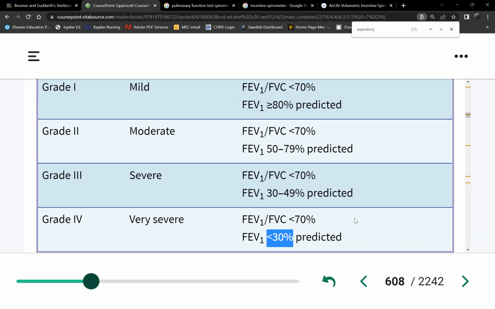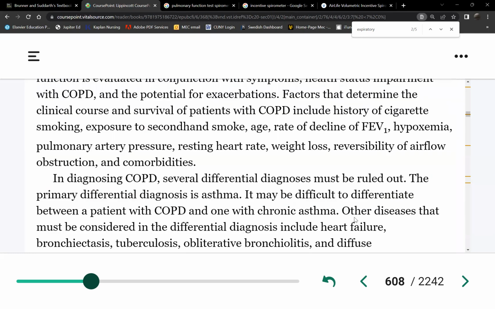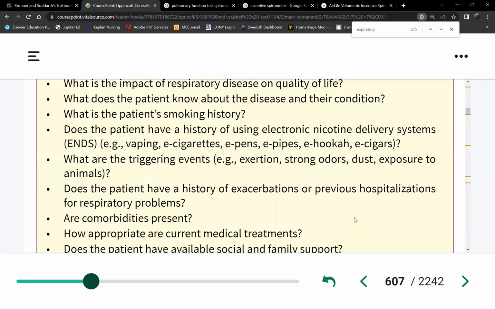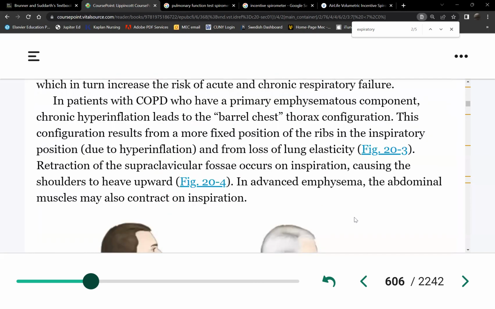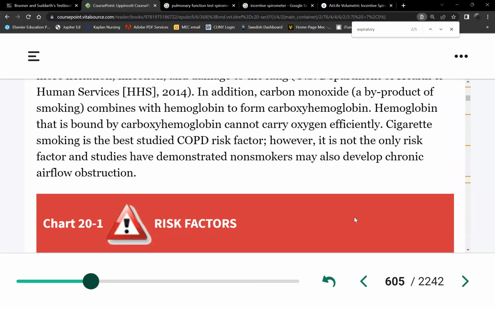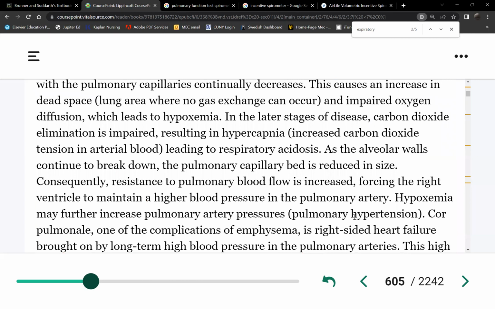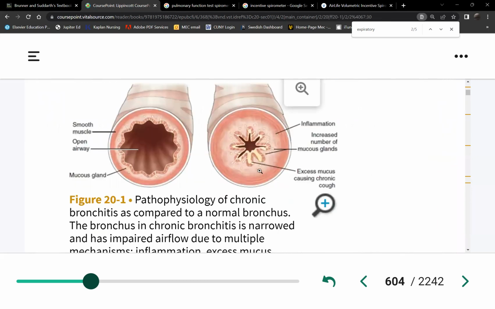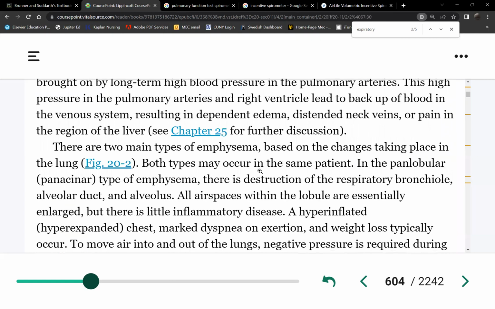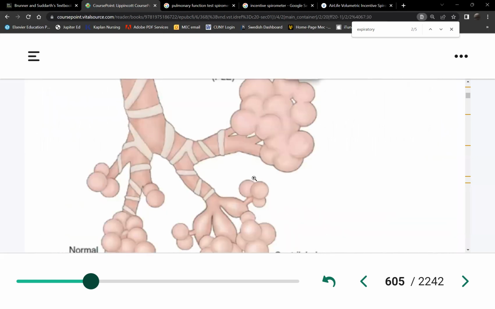Any question on the nature of COPD? Again, how many types of COPD are there? What are they? Emphysema and chronic bronchitis. Both will result in this condition. Whether it's the upper airway that's involved, here's the upper airway with chronic bronchitis, and then you have the lower airway, right? So it will result in the